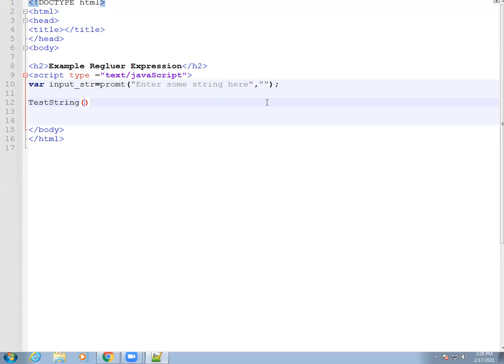Using this test method, we get the character matching. First we give this input string in that function, we put the input string variable here. Okay, now we close this script tag.